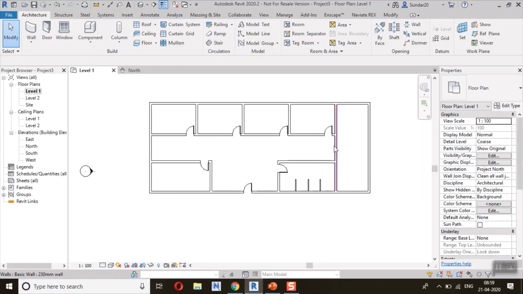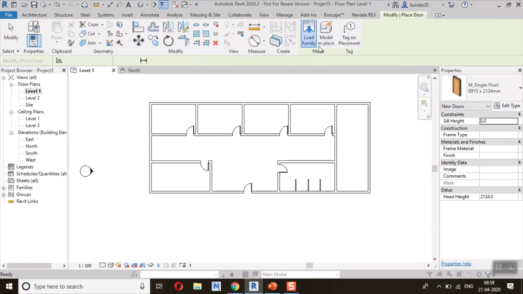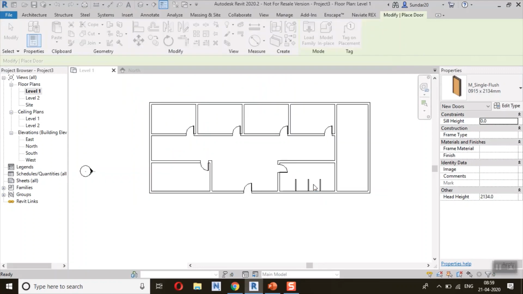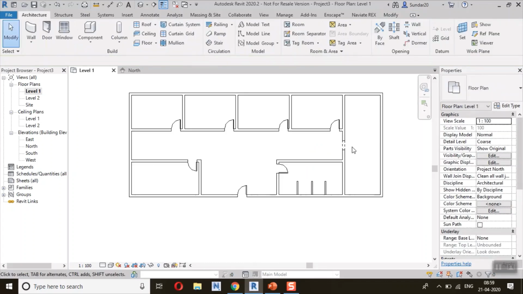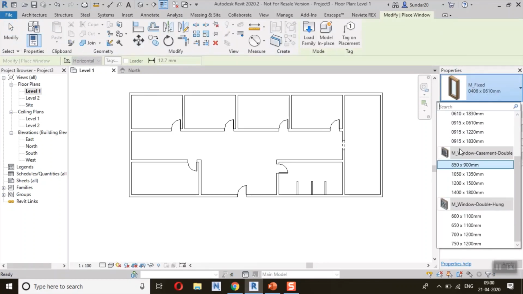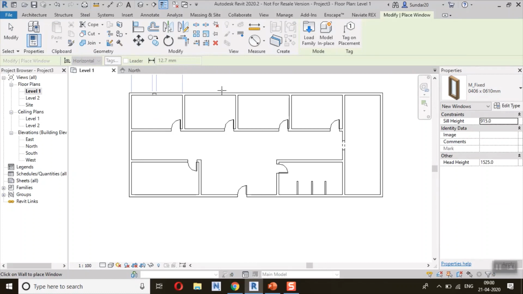You have to provide an opening or some doors. So I'm going to provide a door opening. Okay, I just placed the opening. And the next step is you have to provide the window. I'm not providing any zero height. I'm just randomly placing the window.